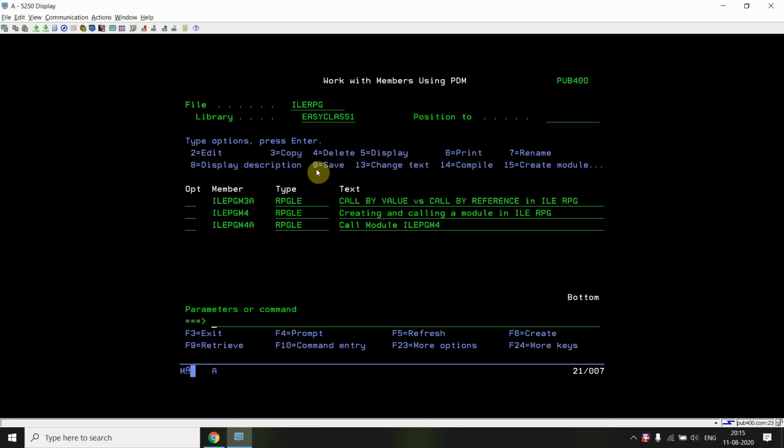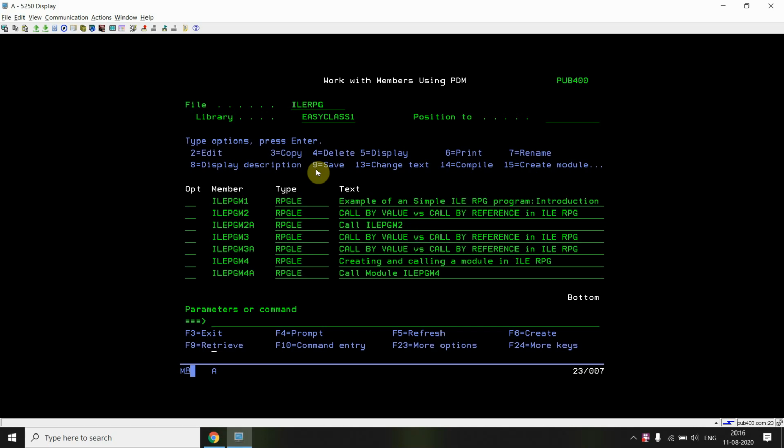So in call by value approach, we will be using the value keyword with the procedure prototype and procedure input while passing the input parameters, and in call by reference we are not using that value keyword. Okay, and in call by value we can see that the value is passed whenever we are calling the sub procedure. Okay, and in case of reference the address is passed internally. So if we are changing the value of the input parameters in the sub procedure, we can see the reflection in case of call by reference, not in case of call by value.